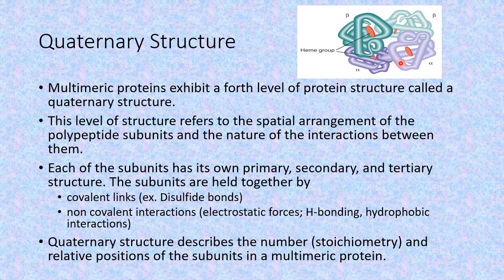So in this manner, this complex protein, the multimeric protein, is produced. It achieves its specific structure. And this quaternary structure describes the number of subunits that are present and also the relative position of these subunits. That is specified, or achieved, by means of this stage of structural hierarchy.